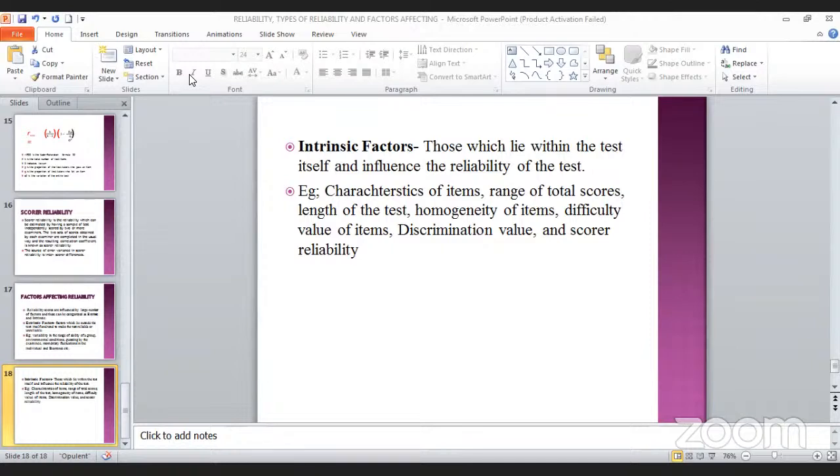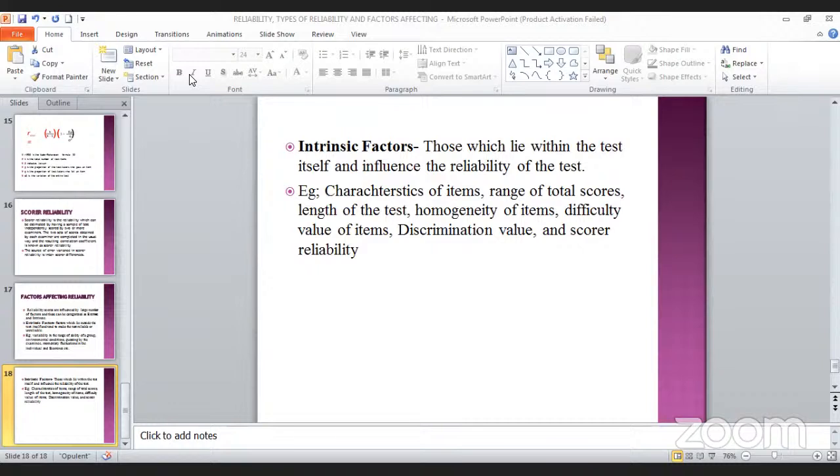In the case of length of the test, we don't really prefer a very long test because the test taker might be bored of taking a very long test. A medium-length test is preferred so that the reliability coefficient can be high. Then about